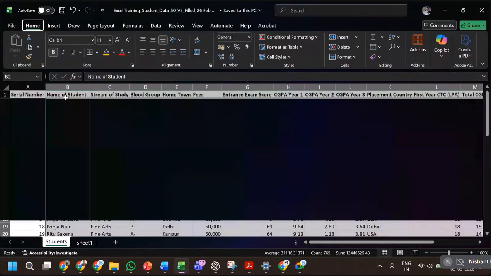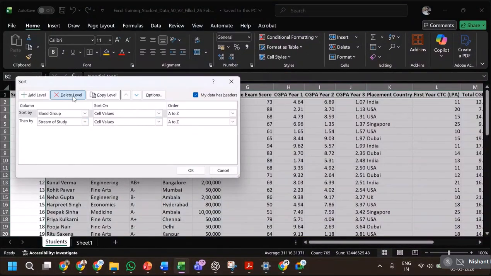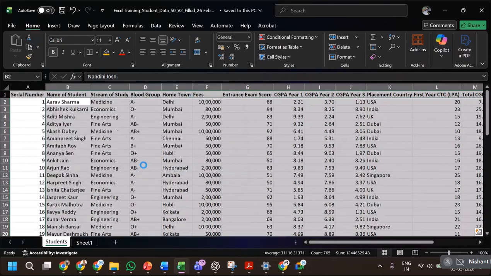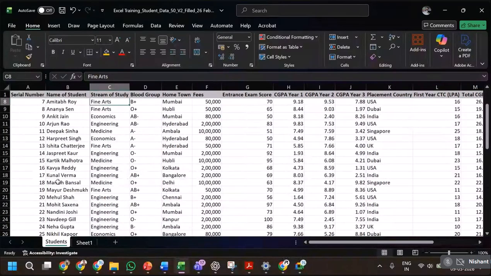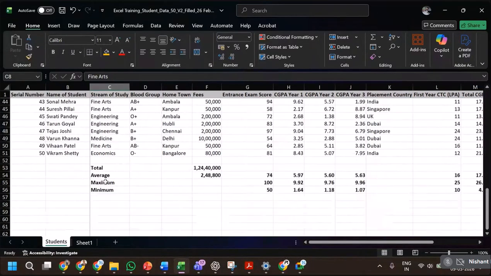Just do a basic sorting before we get into this. The original sorting on the roll number, what we had done. Yeah. So what we will use is